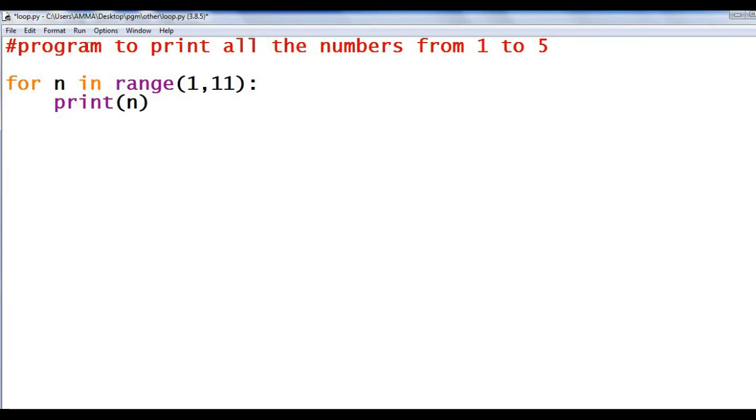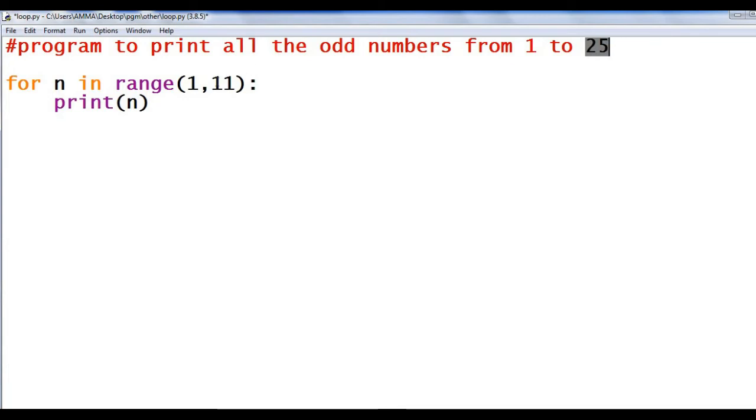Our next program is to print all the odd numbers from 1 to 25. Okay. For loop, for n in range, what is the start value? 1 itself, 1. Then what is the stop value? 25.